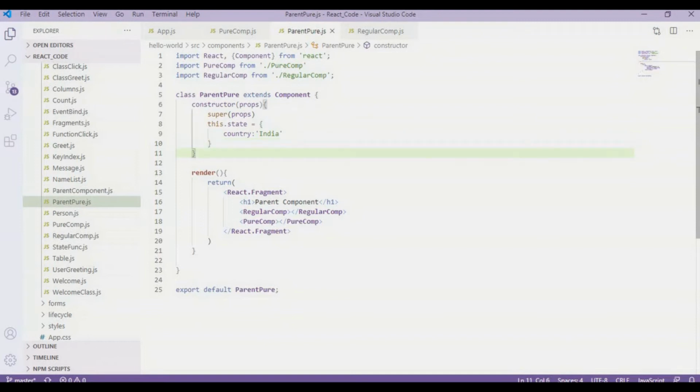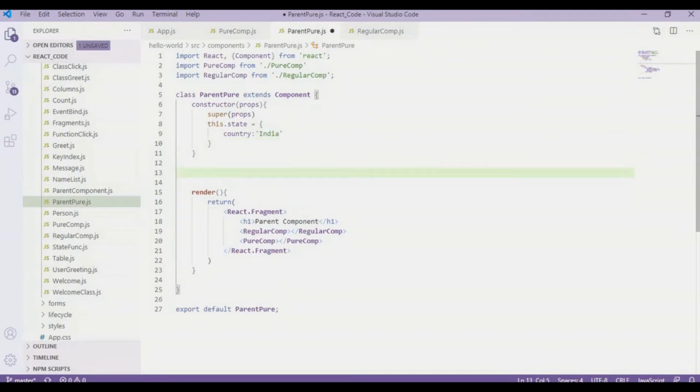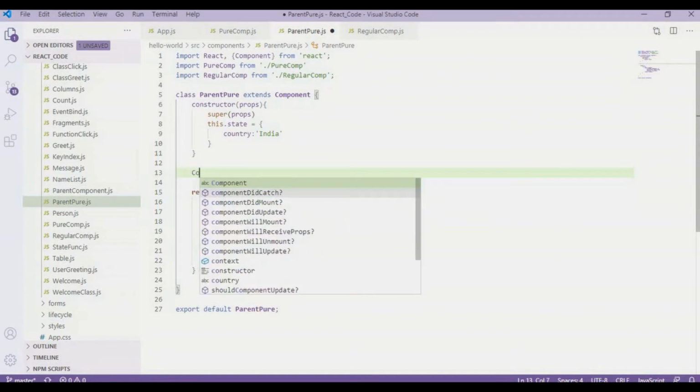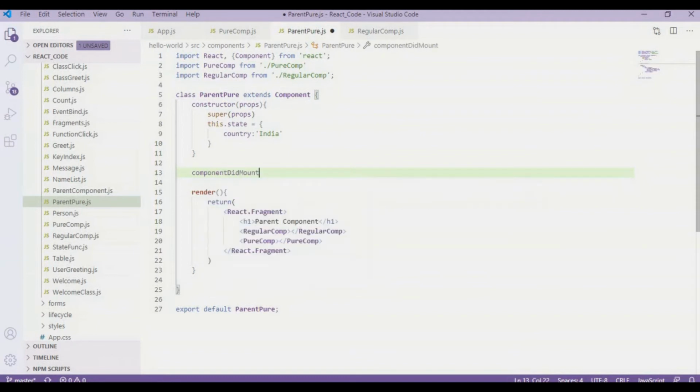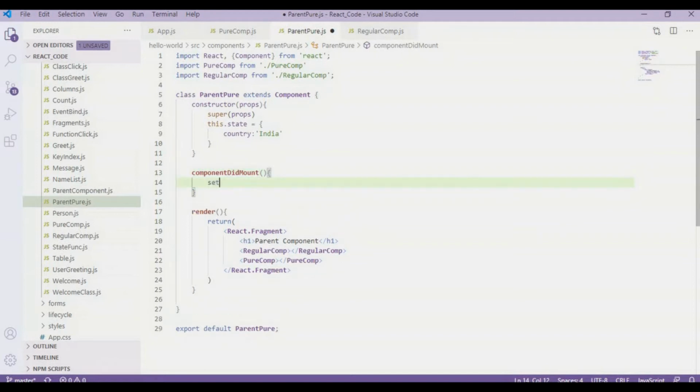Now I'm going to add another method over here, which is componentDidMount. Inside componentDidMount, I'm going to have a setInterval function.